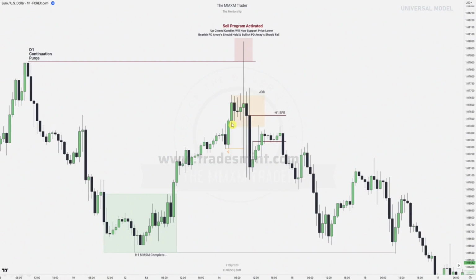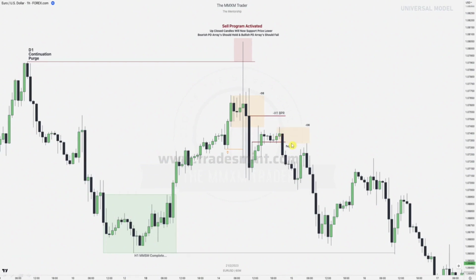So over here we've got this BPR, right? This redelivered rebalance PD array once again. This up close candle should support price lower, which it does, right? We hit it over here. This BPR is being respected, and that is an opportunity to get in on a sell trade. Another